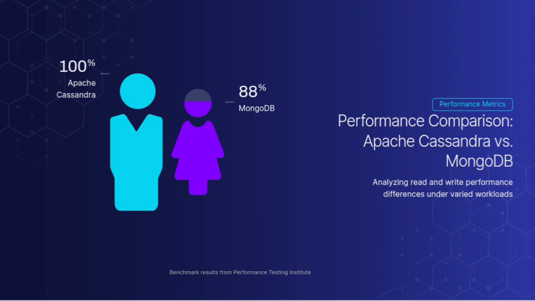Now read performance. In Apache Cassandra, read performance is optimized for linear scalability, especially in large distributed clusters. It supports tunable consistency levels, allowing for faster read operations at the cost of consistency guarantees. Secondary indexes and materialized views can improve read performance for specific queries, while MongoDB provides fast read operations, especially in scenarios with well-indexed